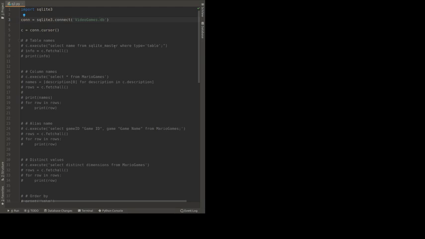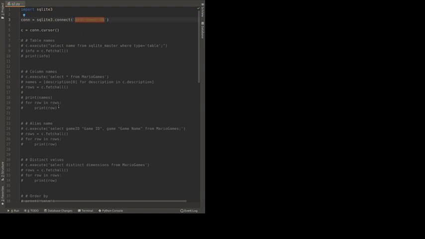You can just create a database for yourself. You can do that by using the keyword create table, and then use the keyword insert and start inserting data to your database, to your table. But for the sake of this tutorial, we assume that we have this